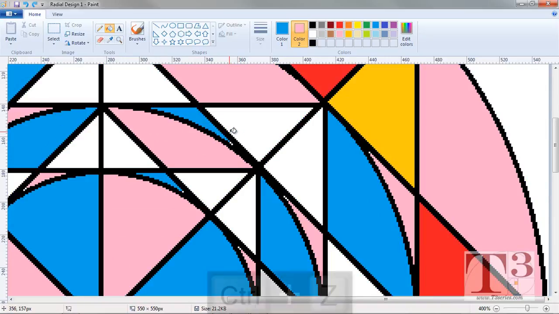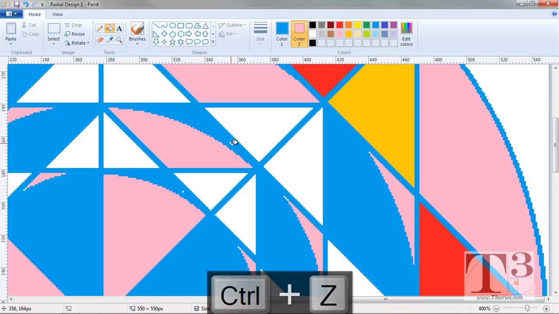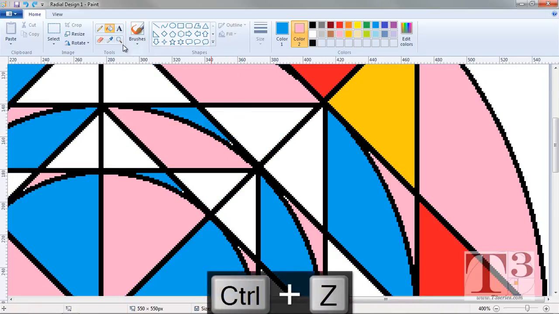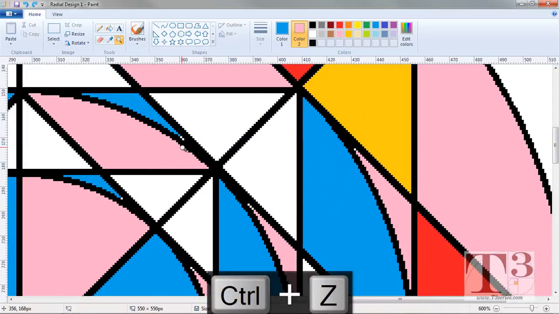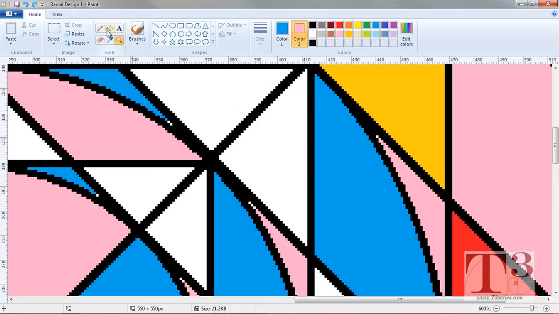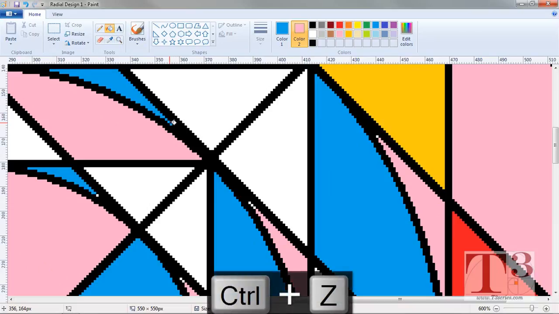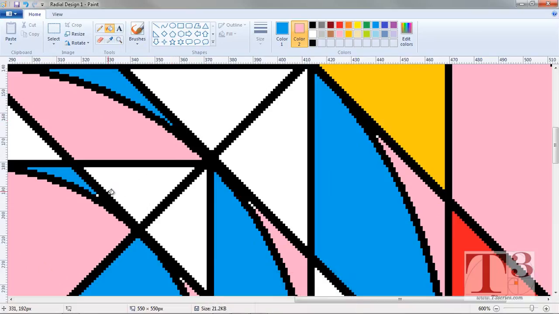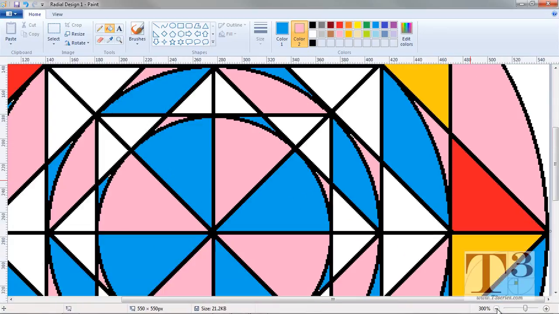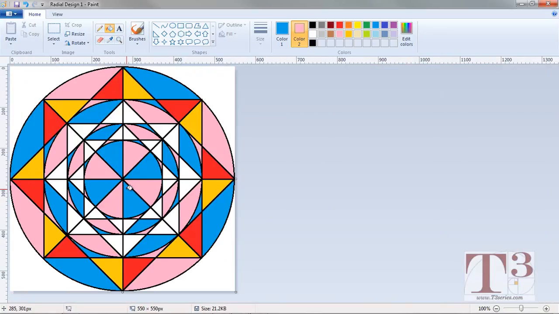Oops. Control Z will undo if you hit it accidentally, like I just did. I might have to zoom in a little more, make it a little easier to hit. And again, my bucket tool, still got my blue loaded, so I hit left click. Oops, Control Z. It's a little bit tight in there, but there it is. So again, if something like that happens to you and it bothers you, that's what you can do, is just use that zoom tool. Then of course you'd have to zoom back out to 100%